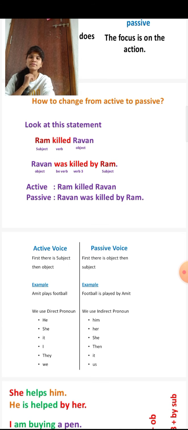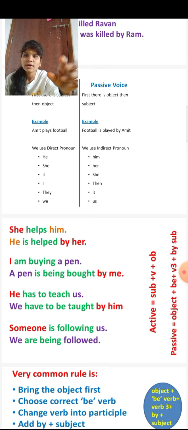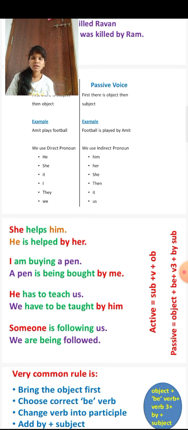So now active and passive voice. For example, active voice and passive voice here. So what is the structure of active? Doer plus active verb plus receiver. When it is done in passive voice, receiver plus active verb plus doer, means nothing but the subject will become the object and the object will become the subject. In the place of the active verb, we commonly have to use the V3 form.